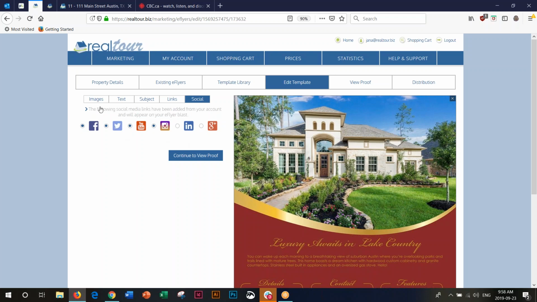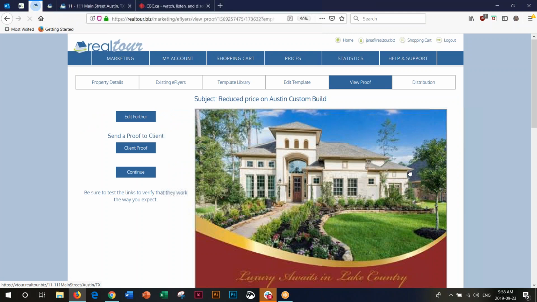All right, so now that I've gone through these 5 items, I'm ready to go to my proof page, view the proof. Okay, I always take a minute to say to everybody, please spend 5 minutes and proof the e-flyer, because I can't tell you, every single day, I swear, I get a panicked phone call from an agent who has just blasted out their e-flyer to 5,000 people and there's a mistake in it. Right? They have an open house, but they forgot to put the date or the time, or